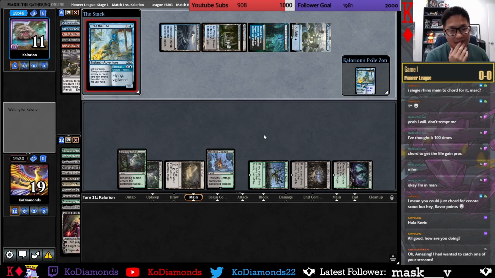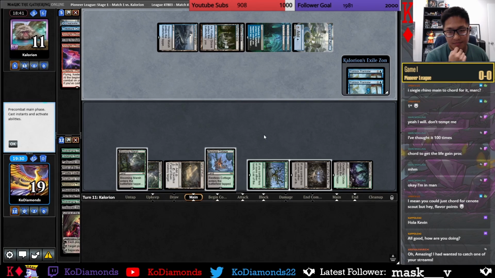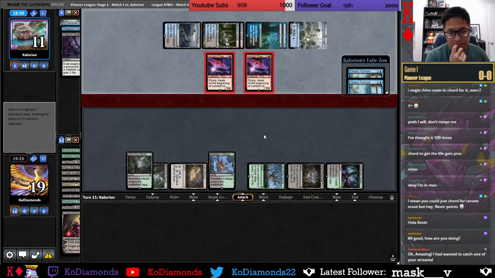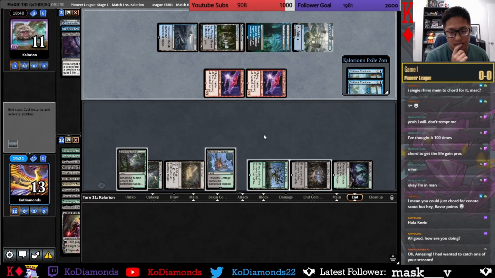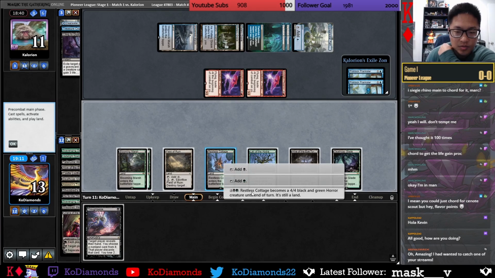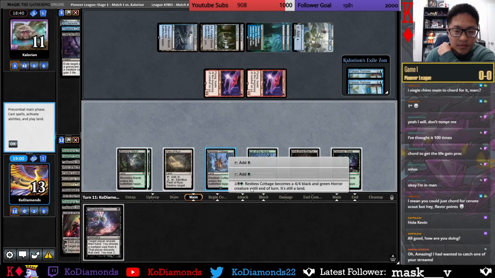Well, there is the last 2 Phoenixes. Got it. So we can activate Restless Cottage. Oh, this Thoughtseize puts us at a lower life total. So I can attack for Lair and get in for 1, 2, 3, 4, 5. It's still a 3-turn clock. So I'm going to activate Restless Cottage